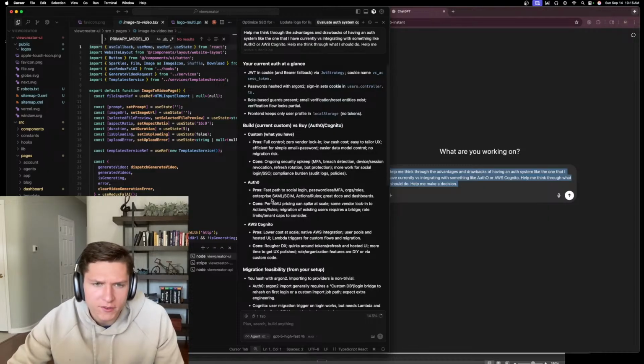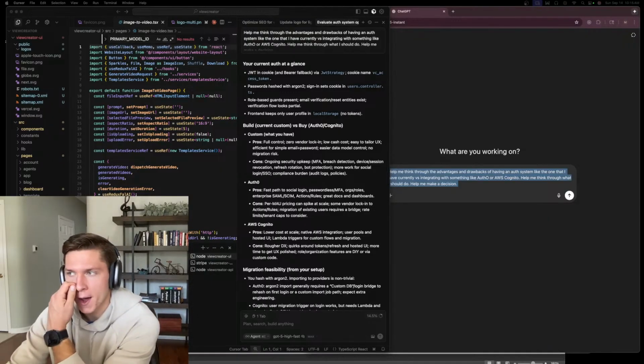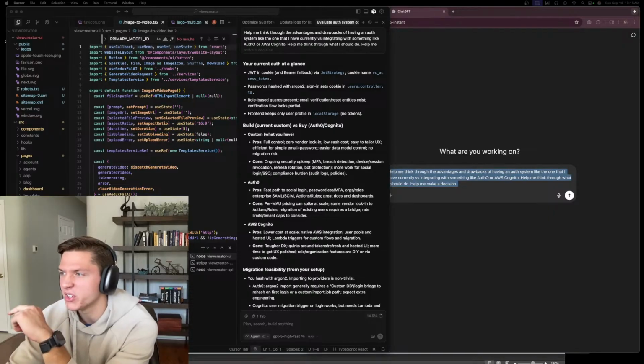So the pros of setting up Auth0 is fast path to social login, which that's definitely a benefit. So when it says social login, it's talking about, essentially,